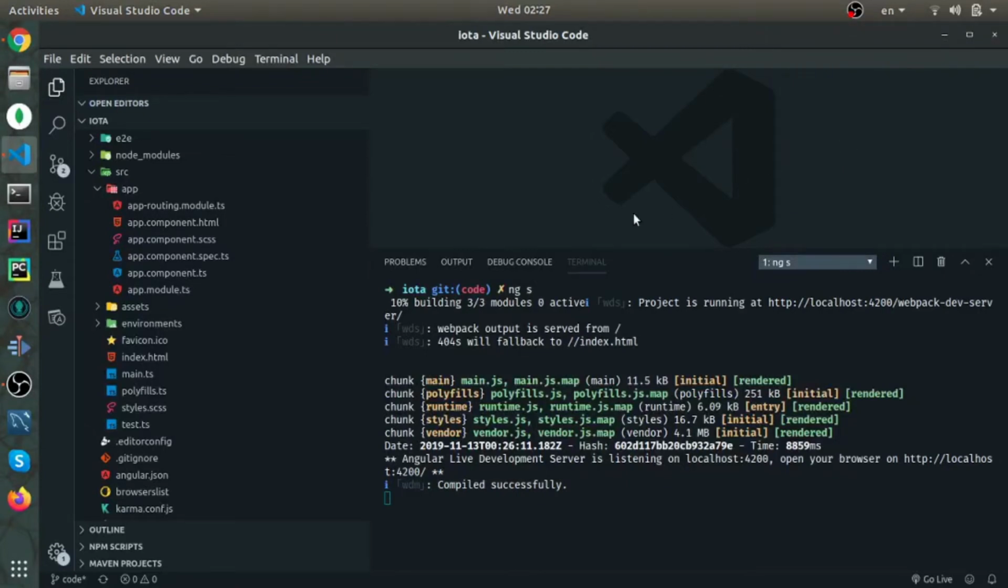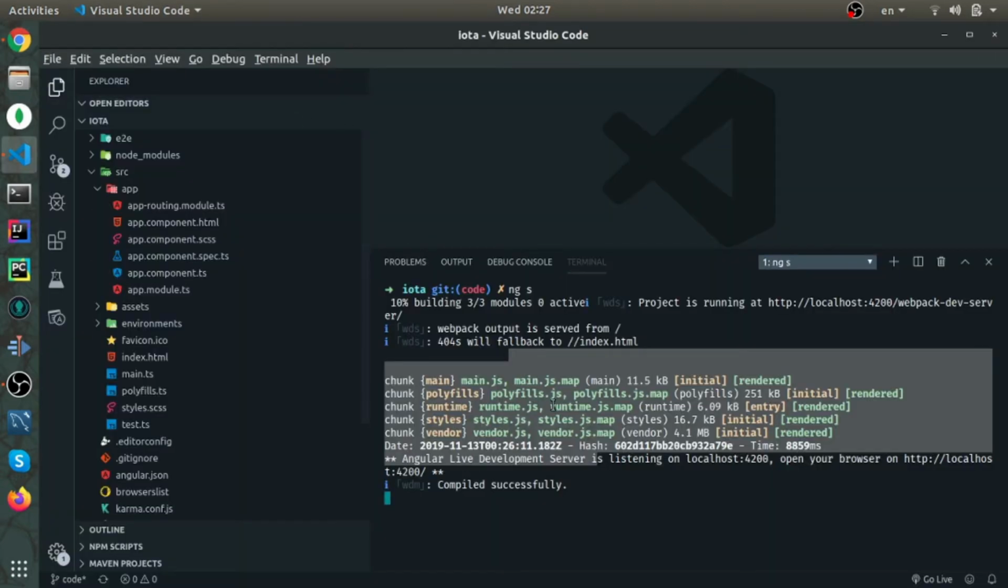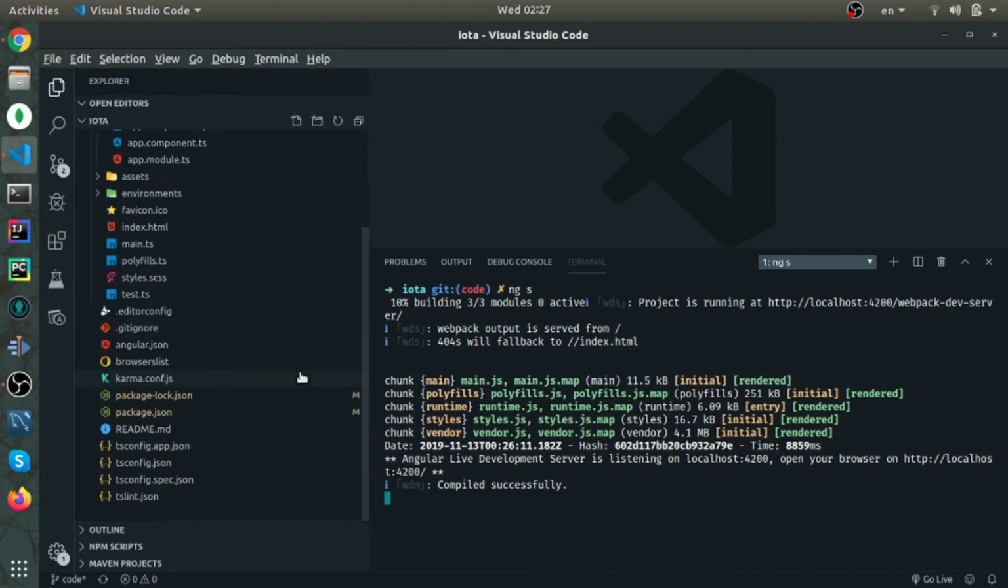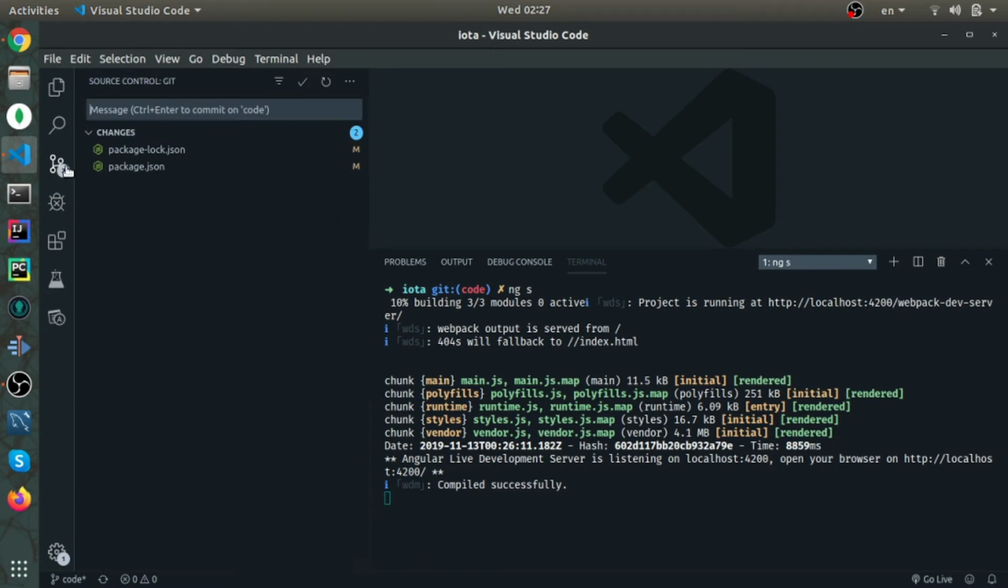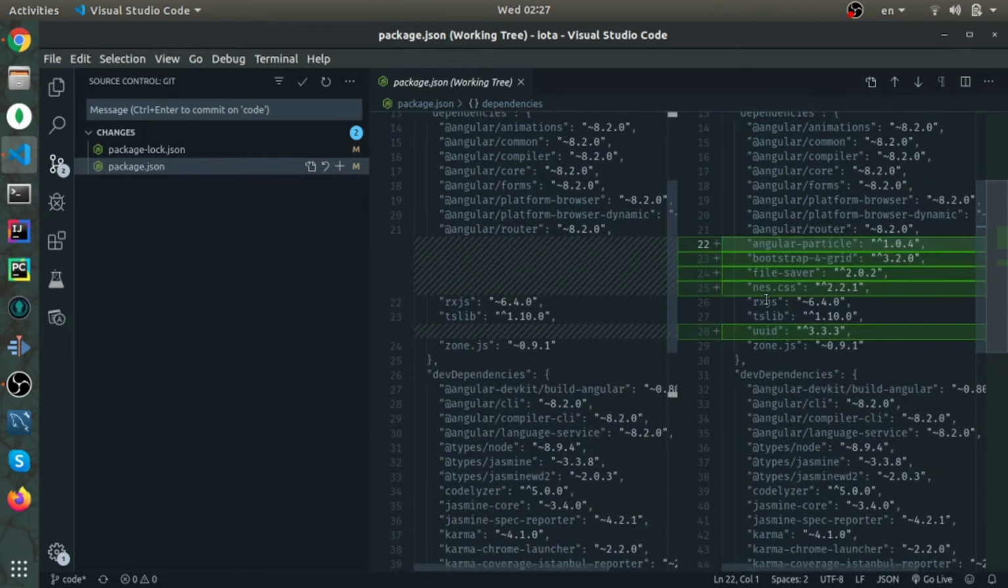So I opened the app we created previously in VS Code and saved it. So here it is. And before I start creating components and these things, you might notice that I have two uncommitted changes. These are the packages that I installed in the last video. It looks like I forgot to commit them. So anyway,